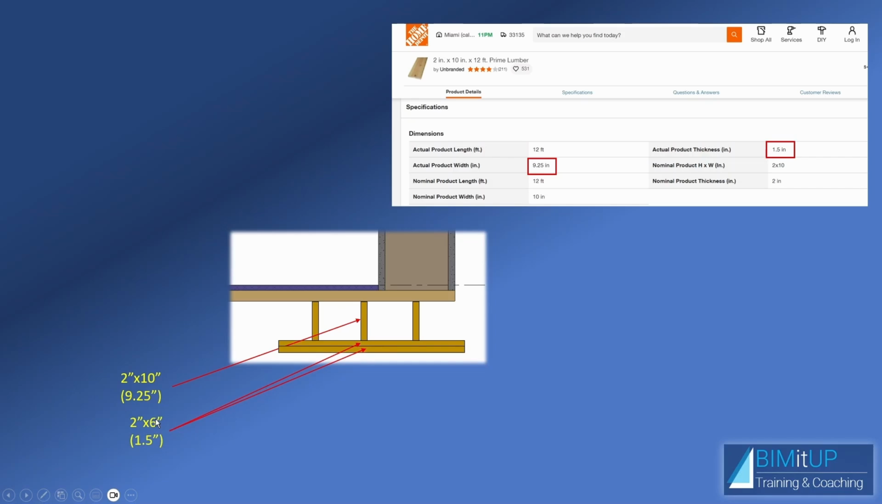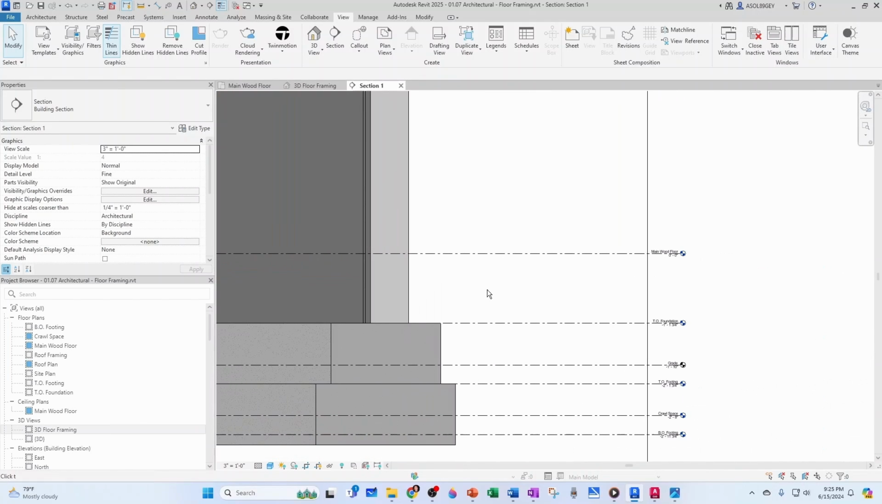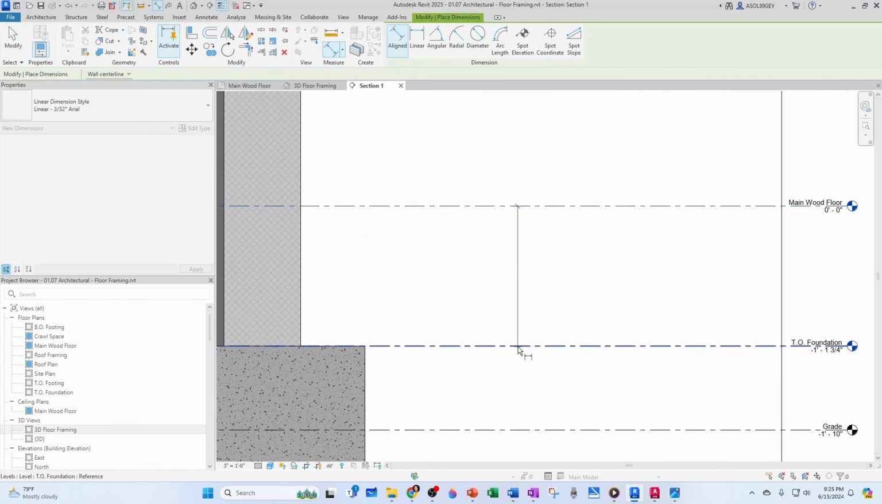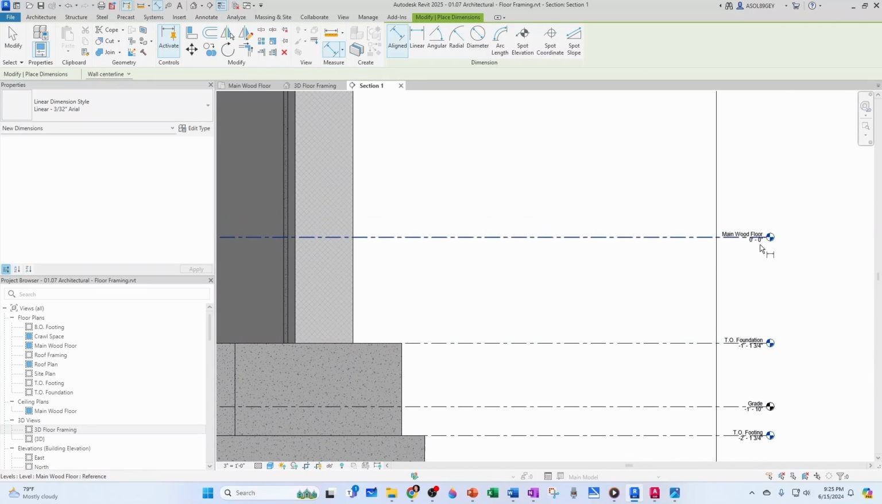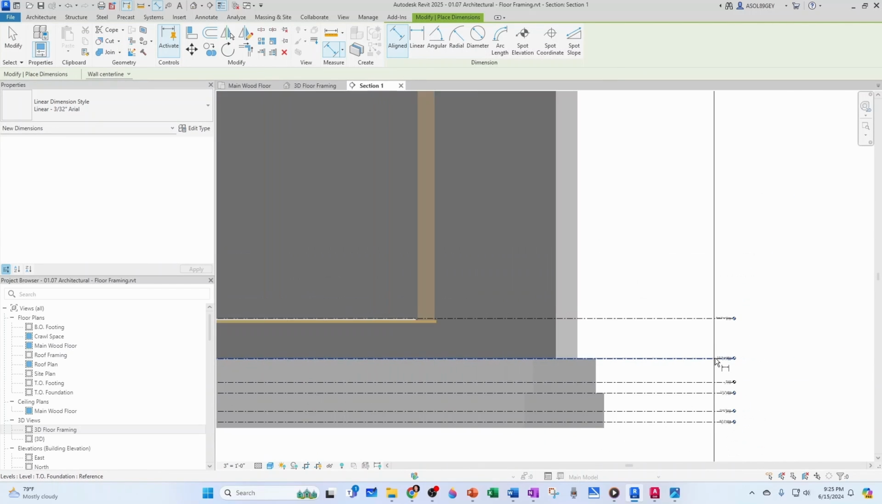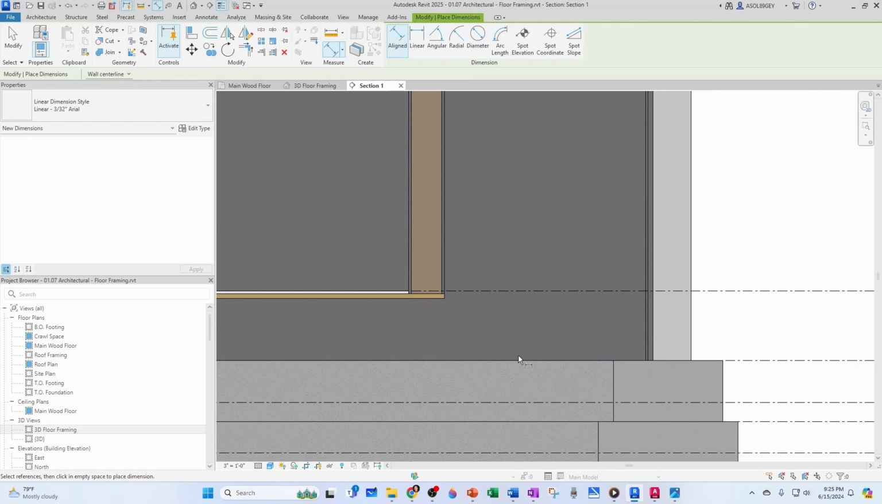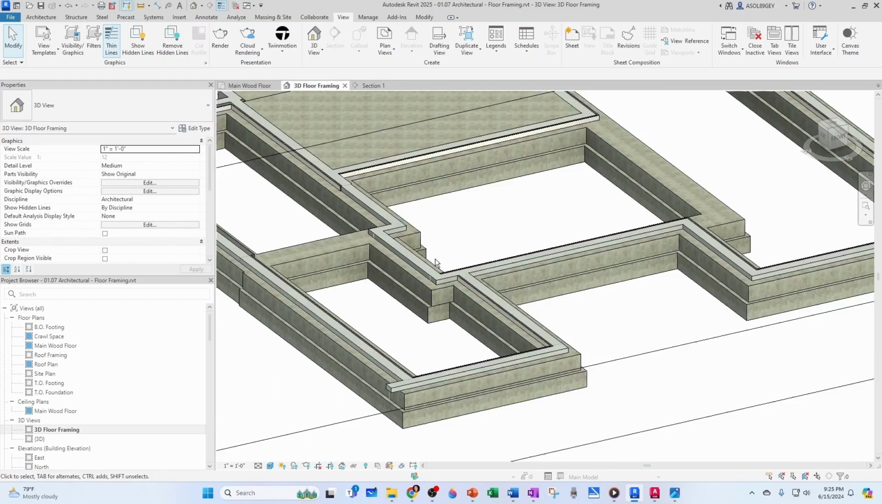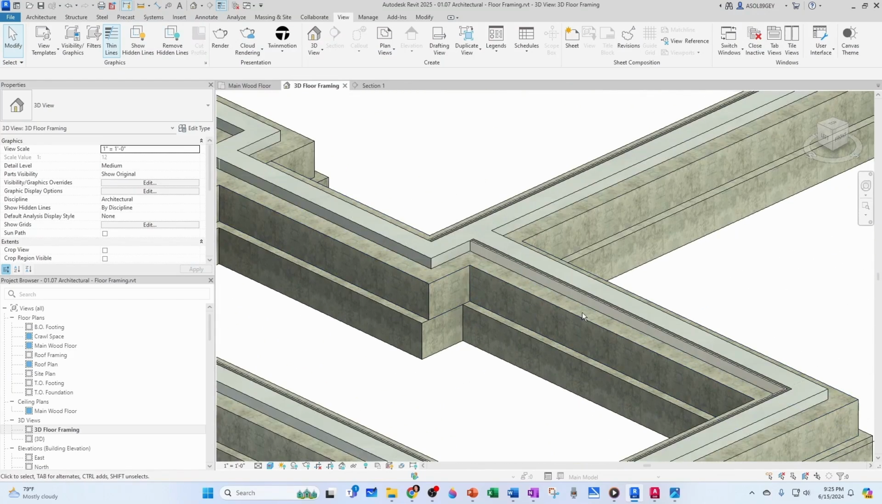And then your 2x6s have a nominal thickness of 1.5, so you have 3 inches here. So you'll be half inch plus 1 is 1.5. Then you have 3 inches here at the bottom, so that's 4.5 inches. And then 4.5 inches plus 9.25 is a total of 13.75 under our main wood floor, which if we measure here is exactly the distance that we have from the main wood floor to the top of foundation. So our horizontal planks will be resting right here. In other words, in our 3D view, our wood planks are going to be sitting right here at the top